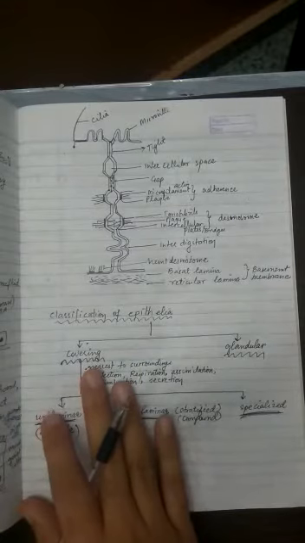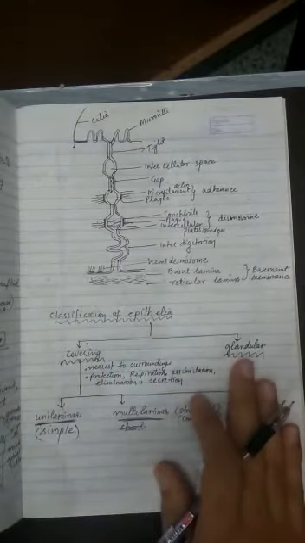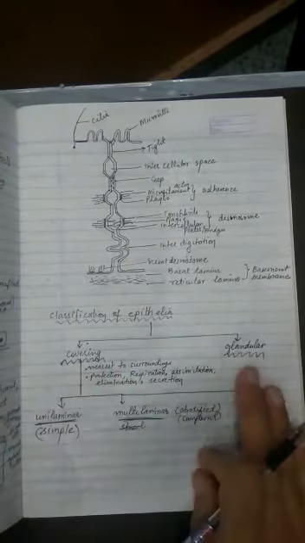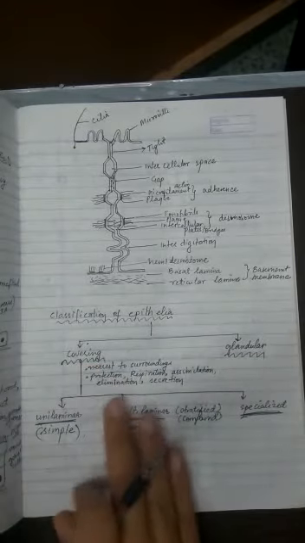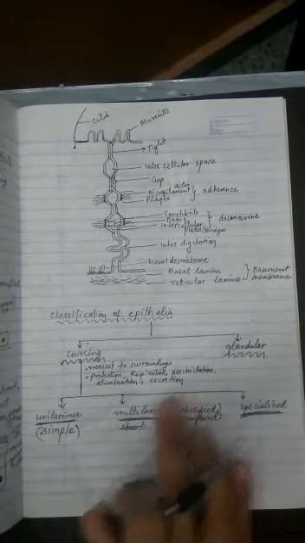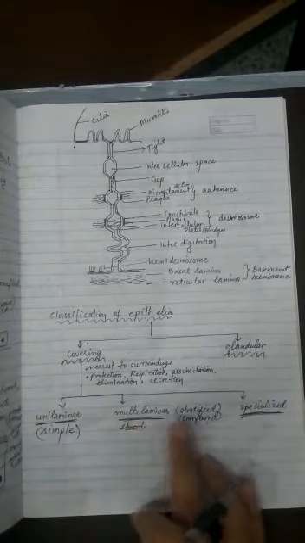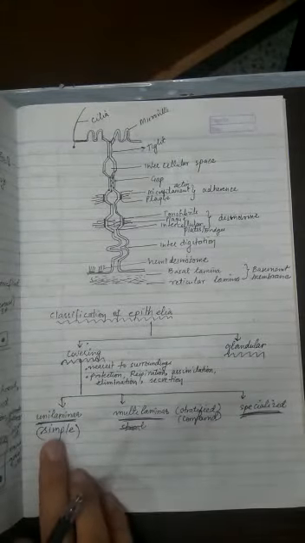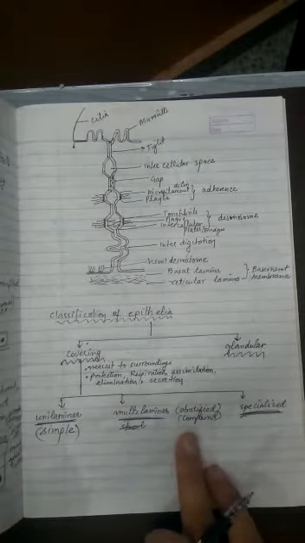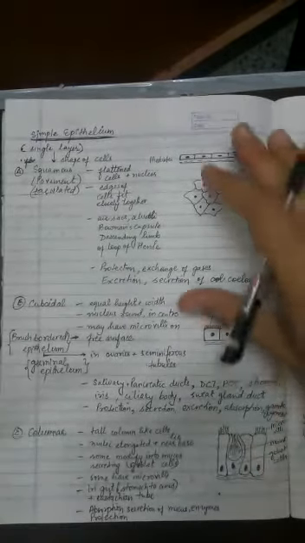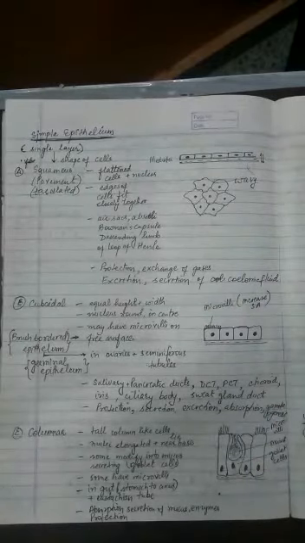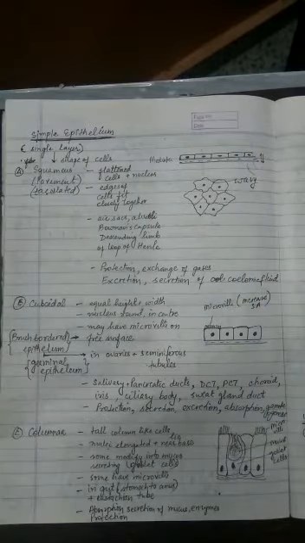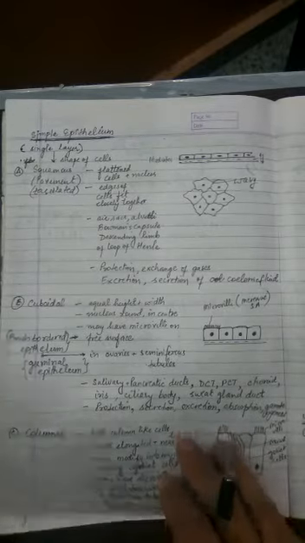We have covered the topic that epithelium is of two types according to function, covering type and glandular type. And covering type has many other functions, and then according to the number of layers and speciality of the function, it is either simple epithelium, compound epithelium, or specialized epithelium. We have covered that simple epithelium, according to the shape of the cells, is of squamous type, cuboidal type, columnar type,